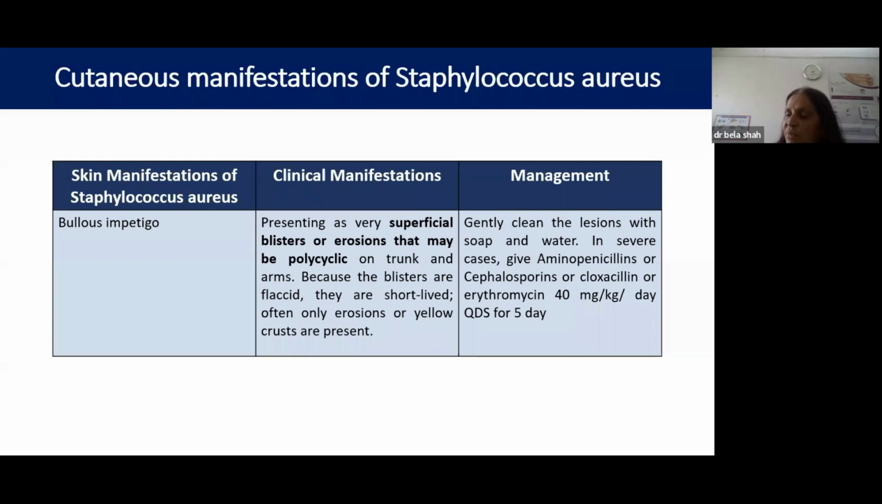So it is very important to identify these diseases, and they are simple to identify. We can easily diagnose these conditions. The only thing we have to keep in mind is that we cannot label every patient who walks in with impetigo contagiosa or bullous impetigo